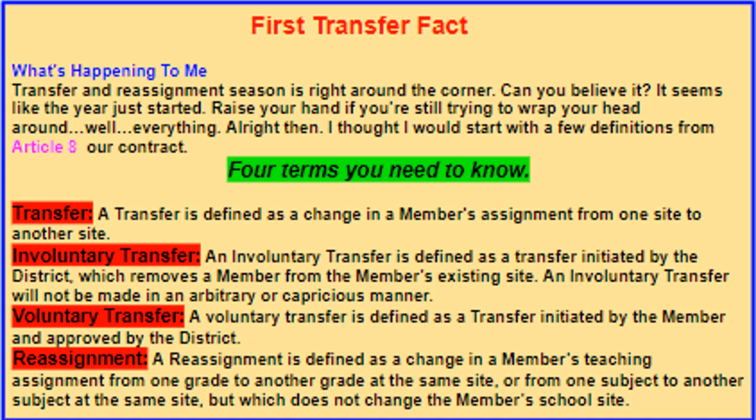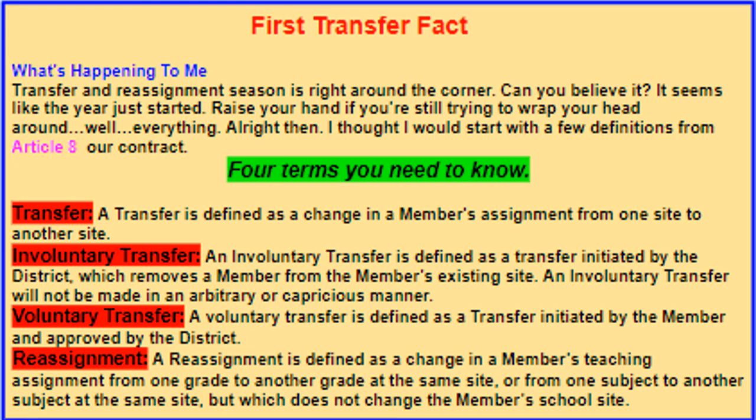And then the third term is voluntary transfer. Now, voluntary transfer is anything that you step up to do, right? If I agree to take a position at Battles and I'm working currently at Miller, then I'm volunteering to fill that vacancy. I would only be considered an involuntary transfer if I had to leave my site. If there are other vacancies at my site that I qualify to teach at other grade levels, then I'm obligated to compete for one of those and would not be considered an involuntary transfer.